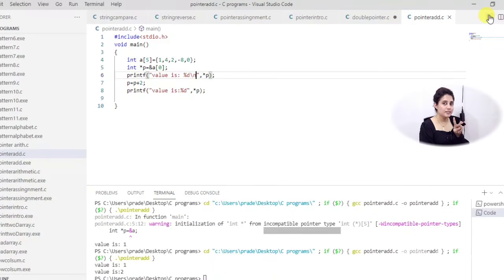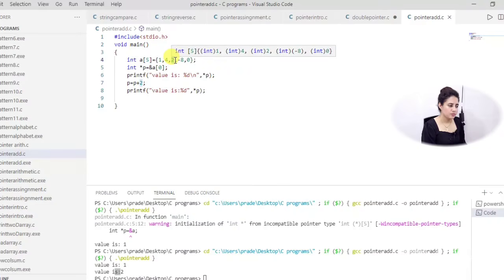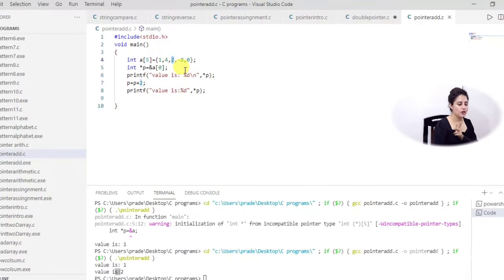That is the element at second index, or you can say the third element. So first value is 1, and after that value is 2. See, value is 2. At the third position we have 2, or you can say at the second index we have value 2, because we are adding 2, so it will move 2 positions forward, right? So I hope you got this.